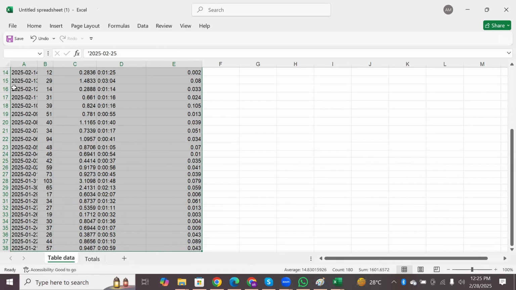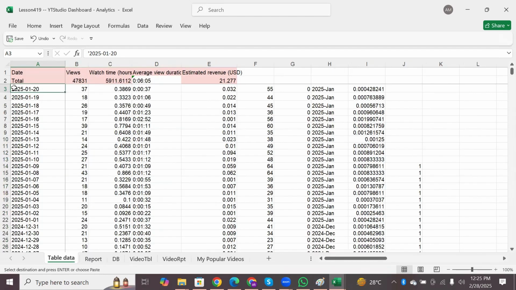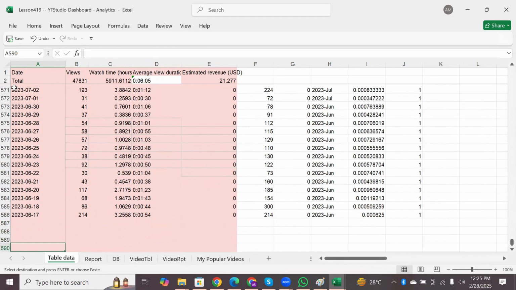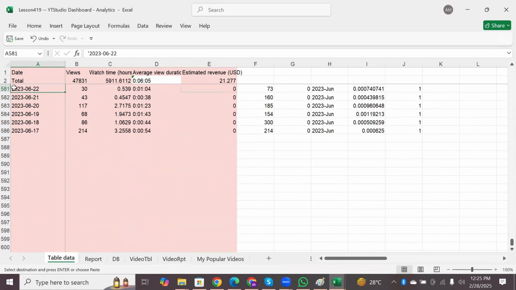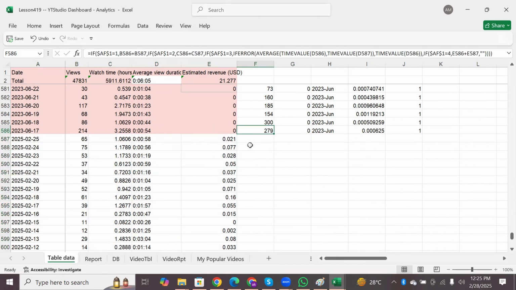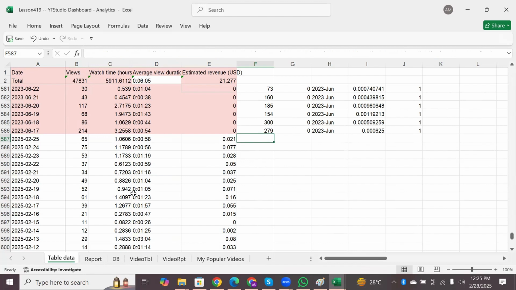So we press Control C in here and we go to our table data sheet, and in the first row available at the bottom, we place Control V here, we paste it. We don't worry about these columns, formulas. They will be done automatically by the system, and as soon as we go to the report,